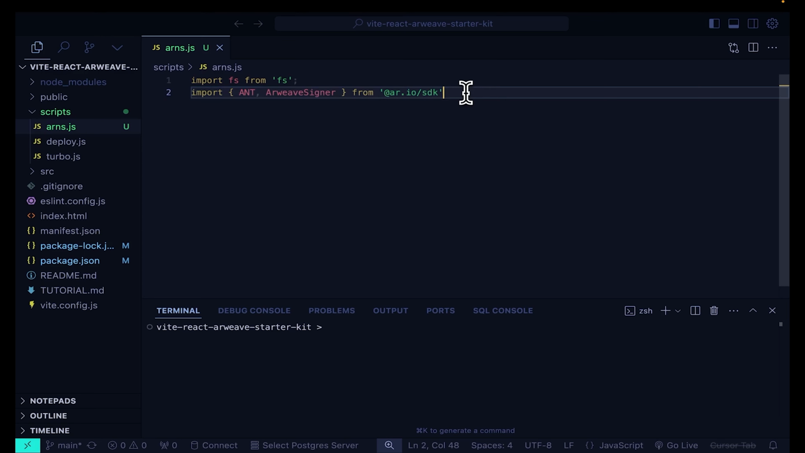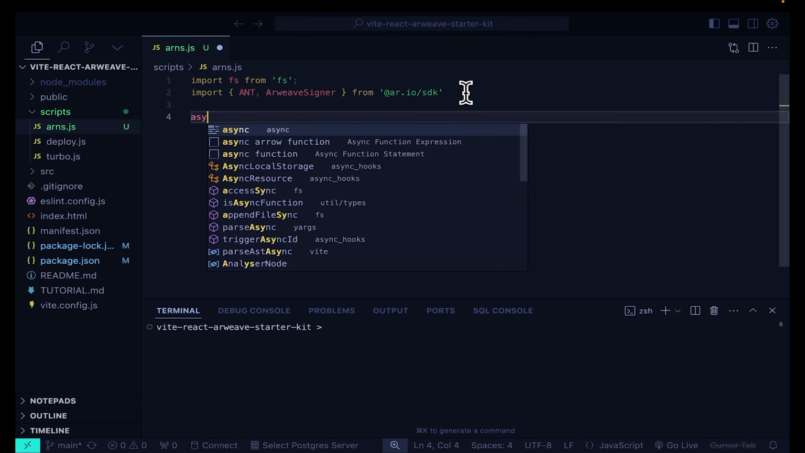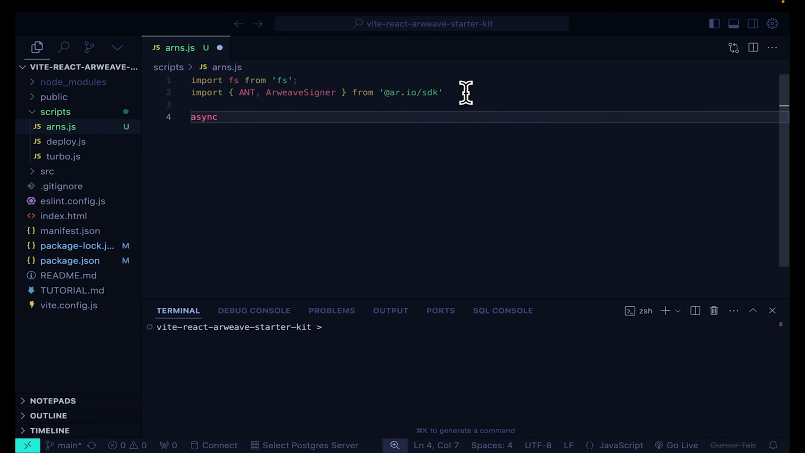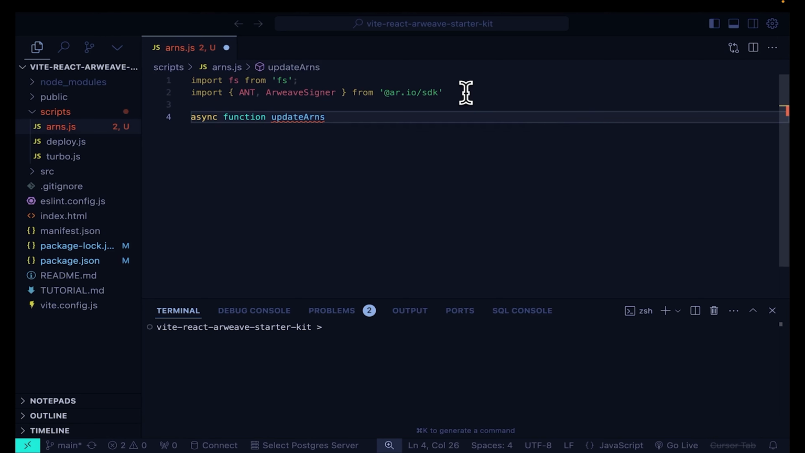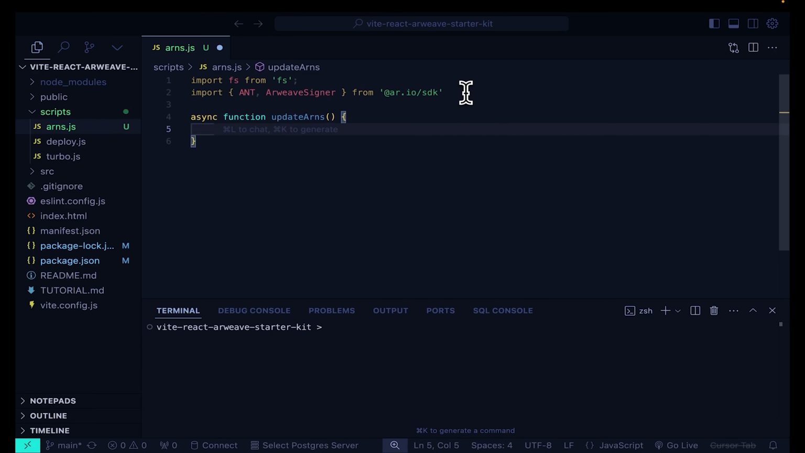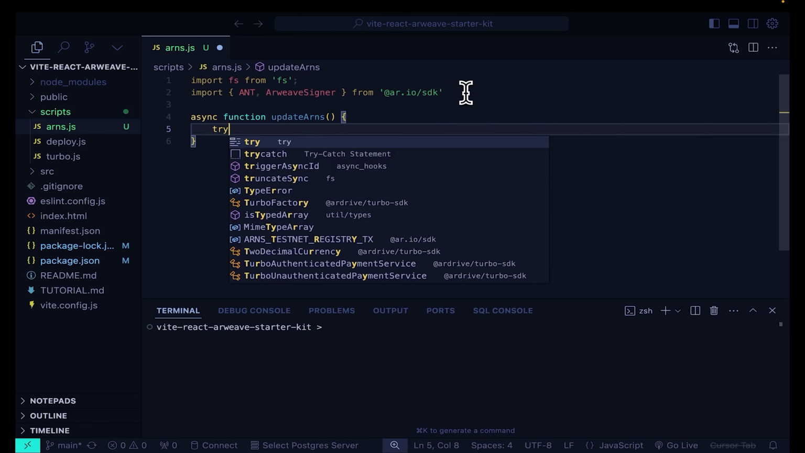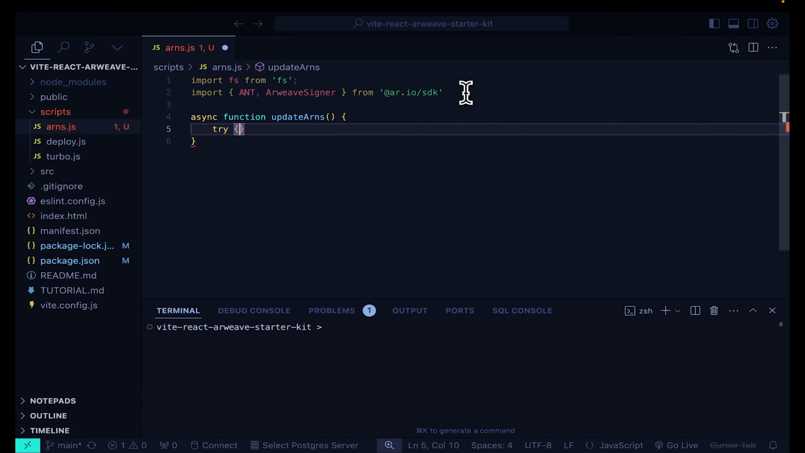Next up, I'm going to set up an async function. I go really in depth about why we're setting up async functions and everything like that in our deployment scripts, and you can learn all about that in the previous tutorial. I do recommend you trying that out if you're very new to the Arweave ecosystem. And we're going to set a try catch. And in this try,